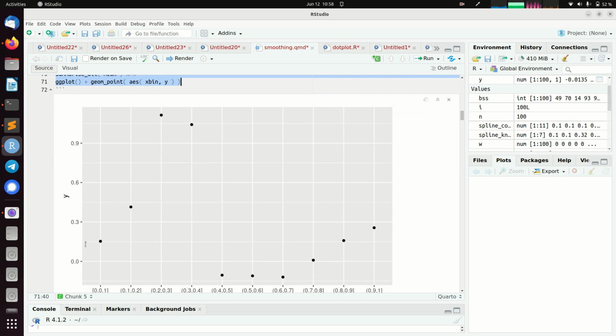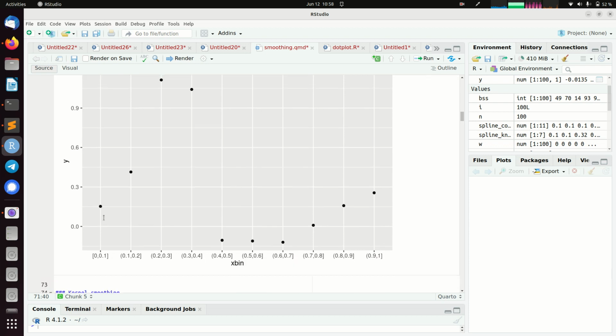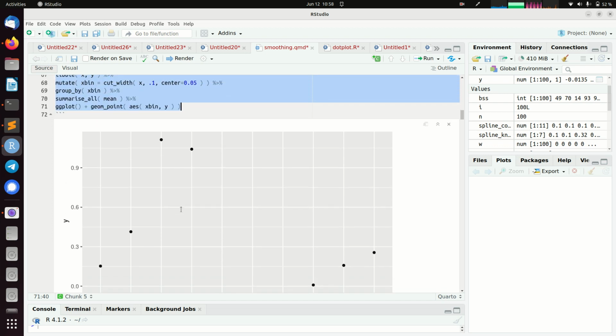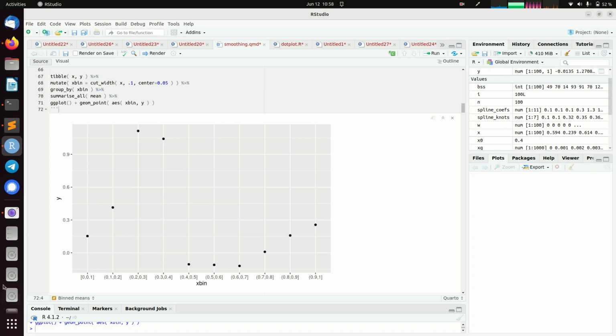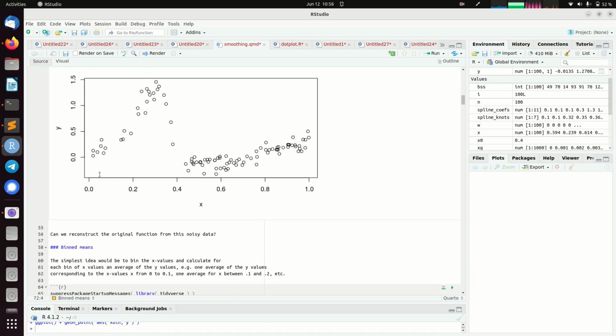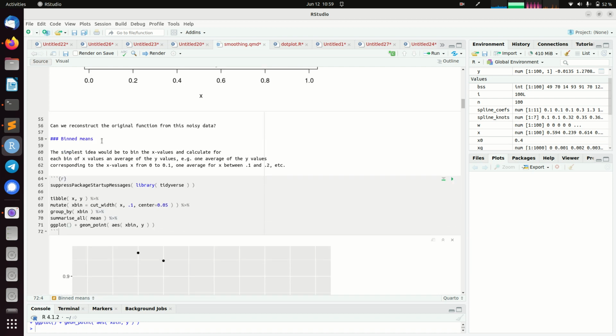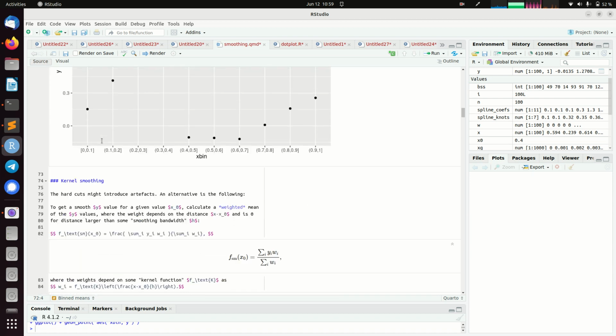But this way of binning looks a bit simplistic. So can we do better? Especially, this is not exactly what we would want in smoothing. It's not a continuous curve. It's a couple of individual points. Maybe I make it a bit smaller, then we have a bit more plot here. So this is really simply splitting the x-axis into 10 bins, and for each bin taking the averages of x and y and putting them together. Let's do something more